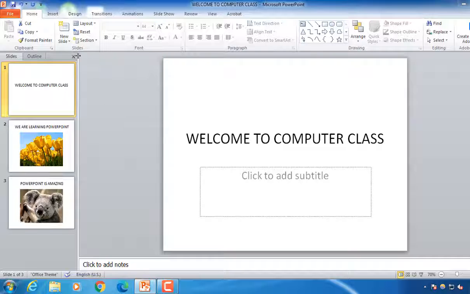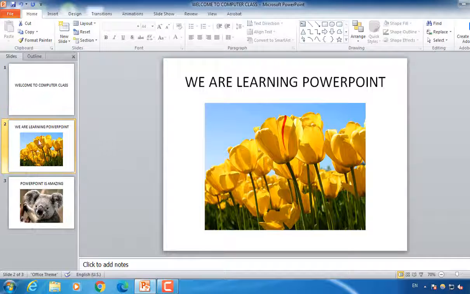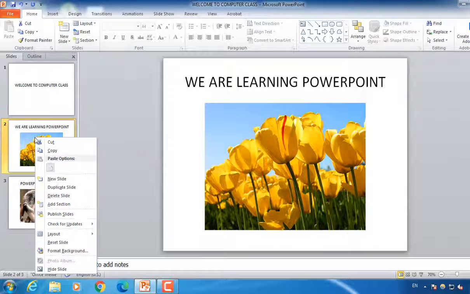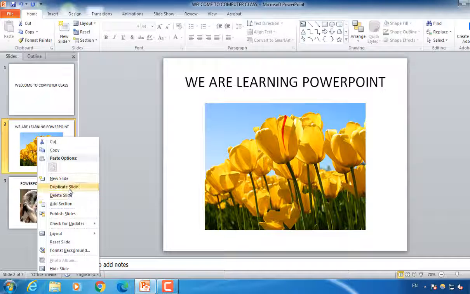See, on the left side of the window, it is a slide navigation pane, where we can see the overview of the different slides of the PowerPoint. Now we will see how to duplicate slides. Suppose we want to create a duplicate of the second slide, this one, okay? So we will right click on this slide in the navigation pane and then there is the duplicate slide option. See here, okay? We will click on it.